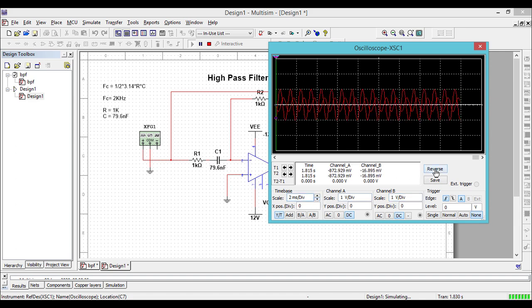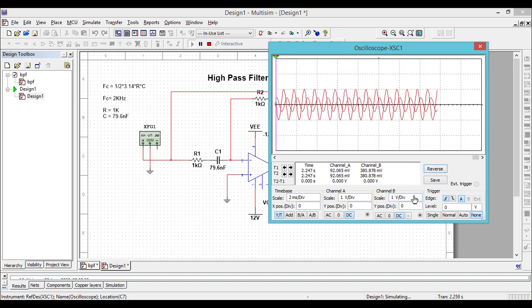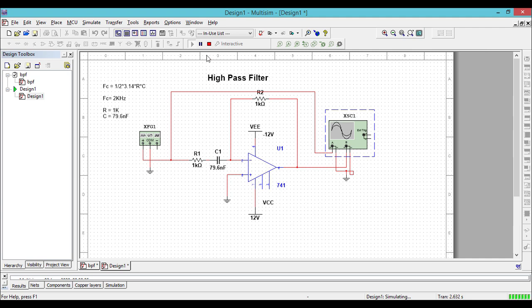Change the background. To change the color of the waveform, stop the simulation and go to the output terminal. Since both input and output nets are in red color, we are seeing the waveforms in red color.